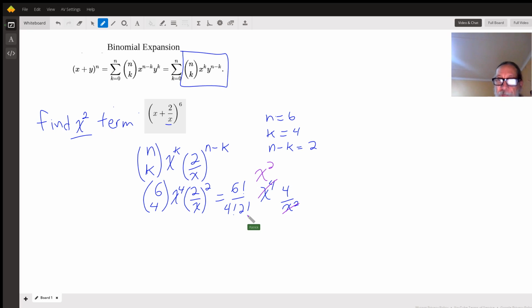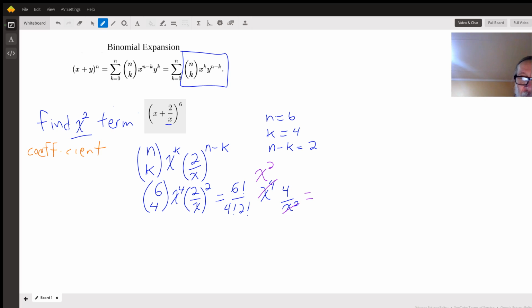So that's what we want. And now all we care about is the coefficient. So let's put the coefficient over here. I'll change the color. Okay, the coefficient is,